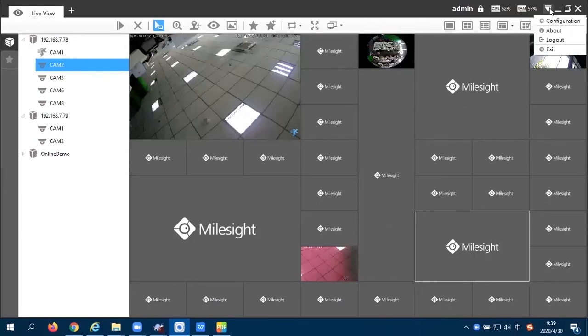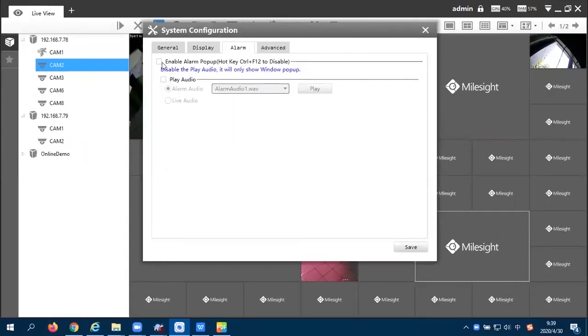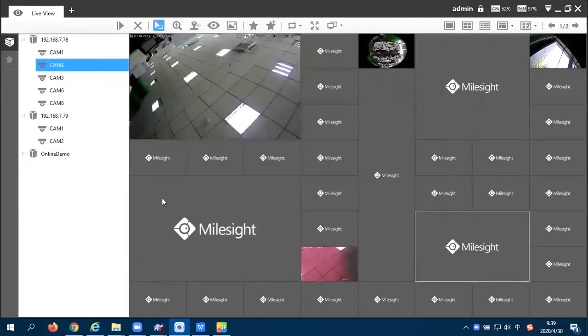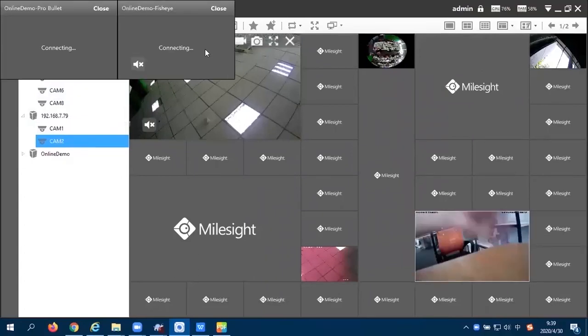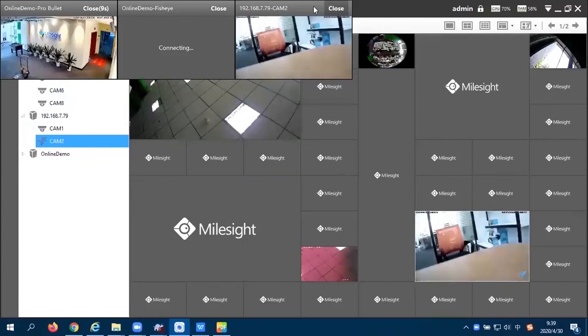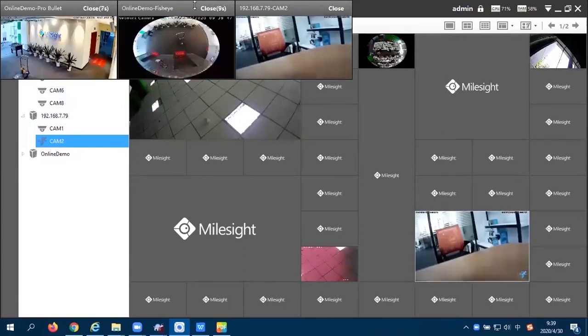And in the settings, you can have configuration for alarm. For example, you can enable the alarm pop-up. So if there is an alarm, you can see there will be triggered to pop up the windows,